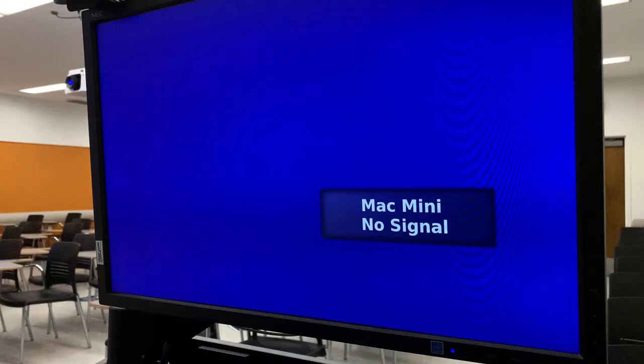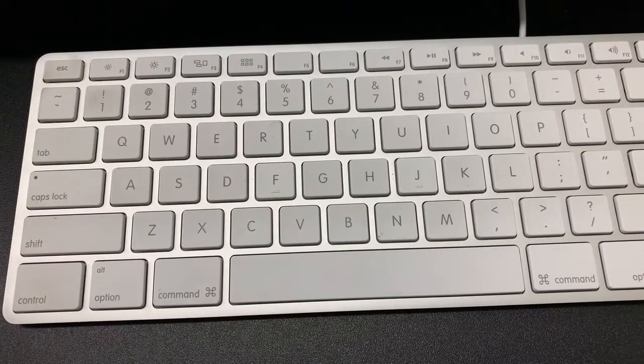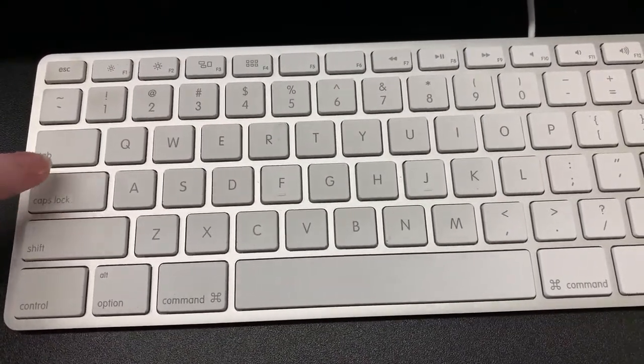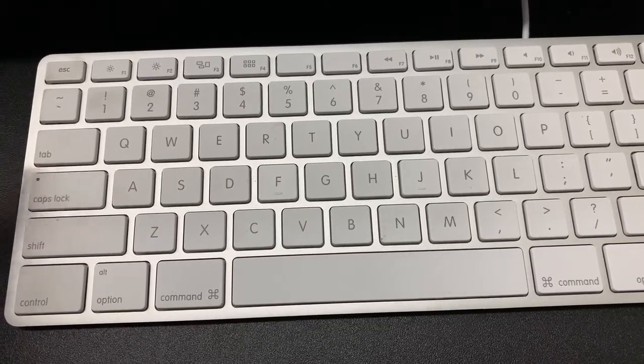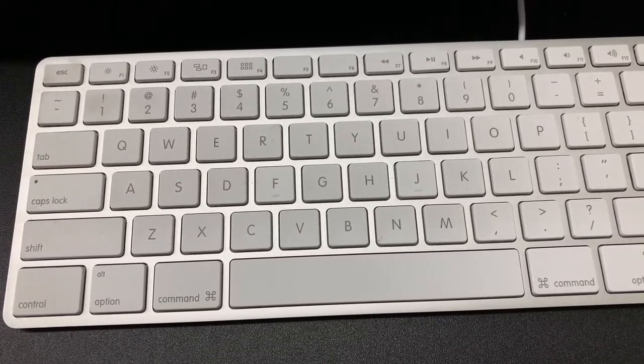If the monitor is on, but there is still no display or there is an error message showing, the computer tower may have been shut down. The easiest way to check this is to press the caps lock button on the keyboard. If the button does not light up, then the computer is off. Open the cabinet and press the labeled button to turn the computer on. It may take a moment for the computer to start up.